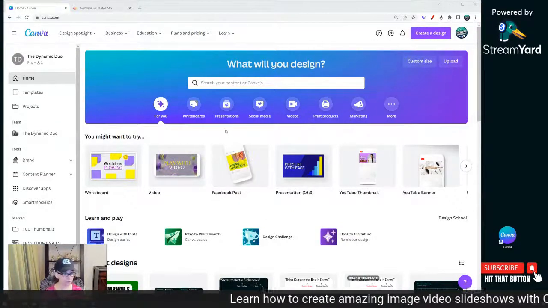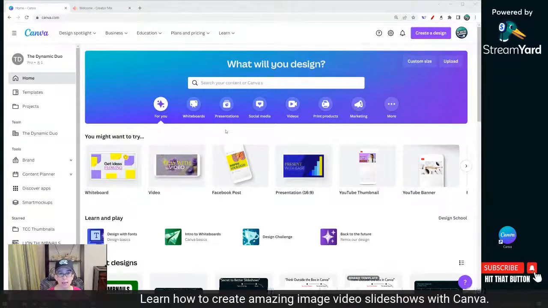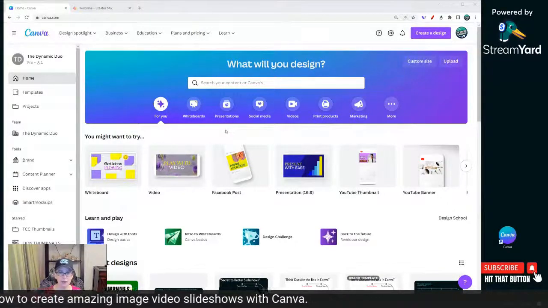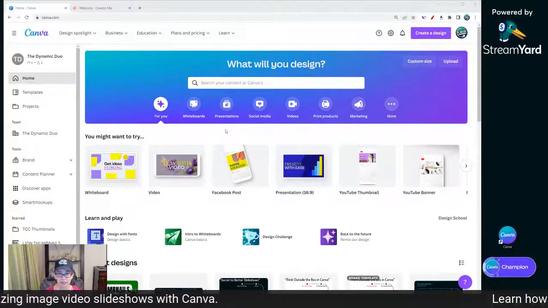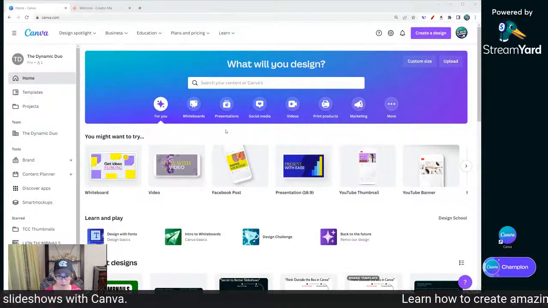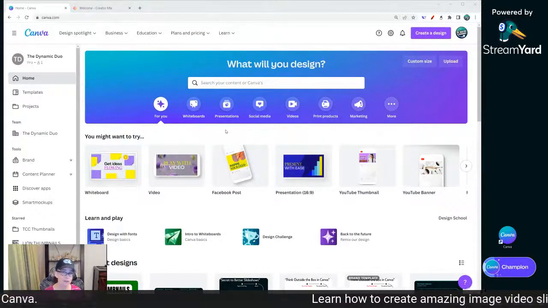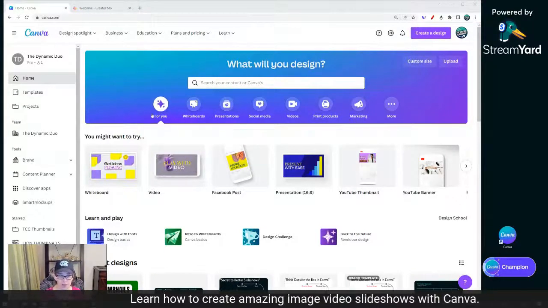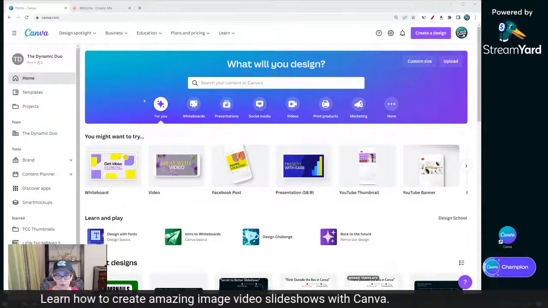All right, so the first thing you want to do when you are creating a photo slideshow is get the correct document size. Because if you don't have the correct document size, then you're not going to be able to use these transitions. So what we're going to do is up here at the top banner, we're going to go to,